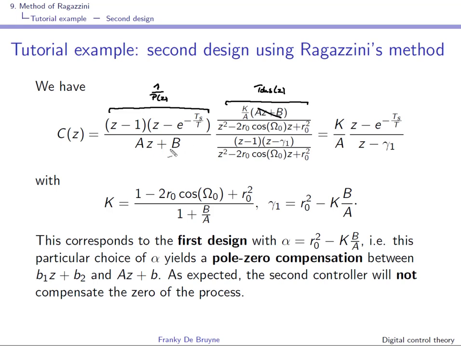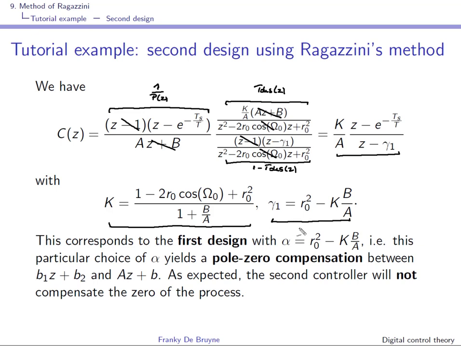It will cancel out, so you'll not find it in the denominator of the controller, and this is 1 minus t desired that we have rewritten in such a way that you have the z minus 1 as a factor. This one will cancel out with this one, will cancel out with this one, and we obtain now the expression of this digital control that is coming from this second Ragazzini design. K is given by this expression over here, and gamma 1 is